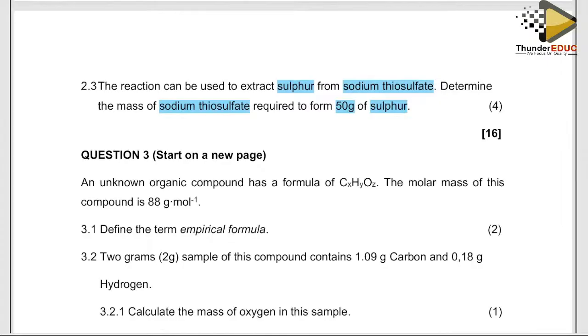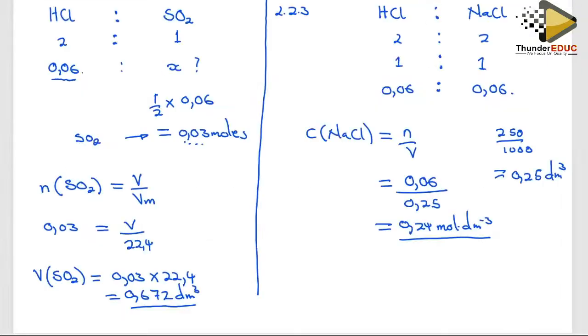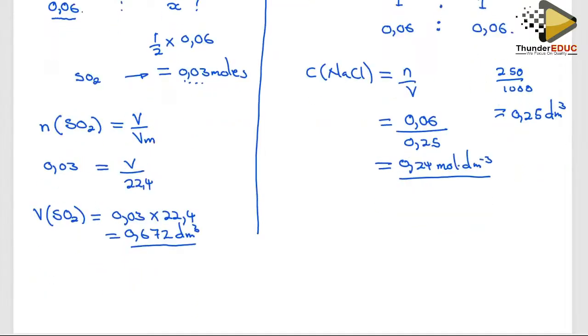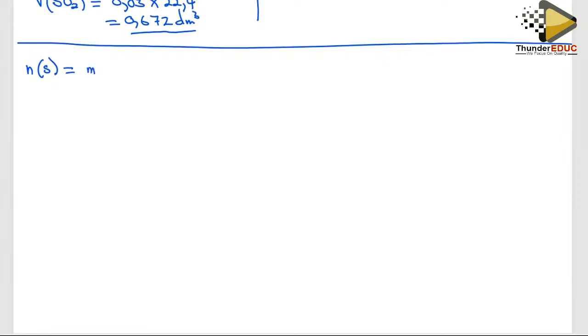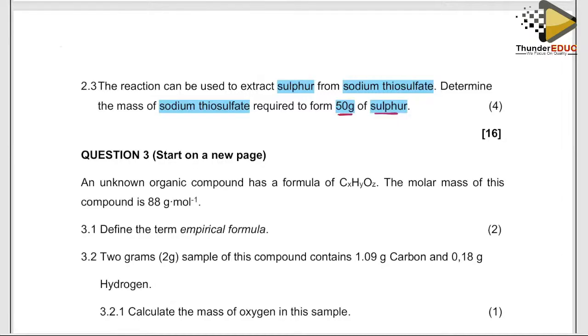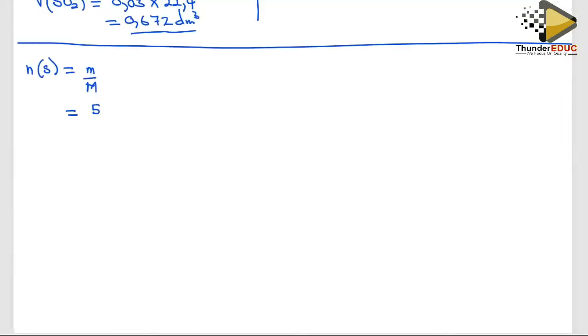So why the number of moles of sulfur? Because there we have got the mass and then we have got the molar mass of sulfur. Therefore, we can calculate the number of moles from the formula n is equivalent to m over M. So we're going to focus first on sulfur. Let me just go down there. In terms of sulfur, allow me to underline there. So the number of moles of sulfur is equivalent to m over M, right? According to the mass that is given there, we're told sulfur is 50 grams. Therefore, I'm going to say 50 all over